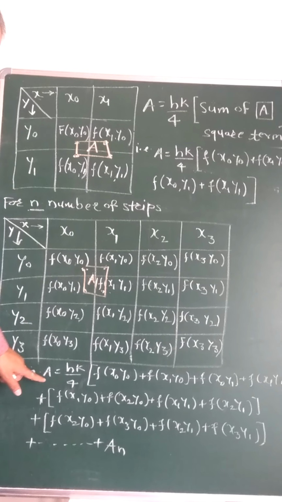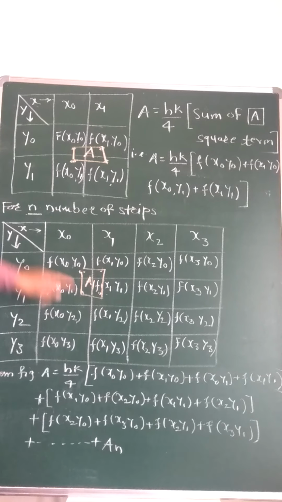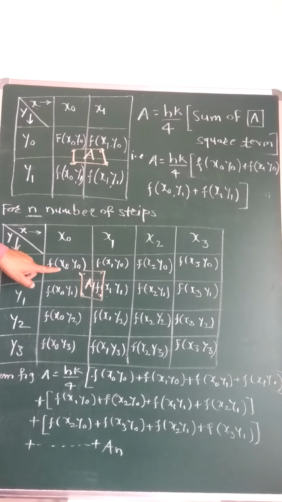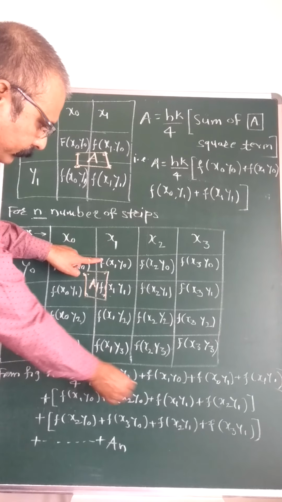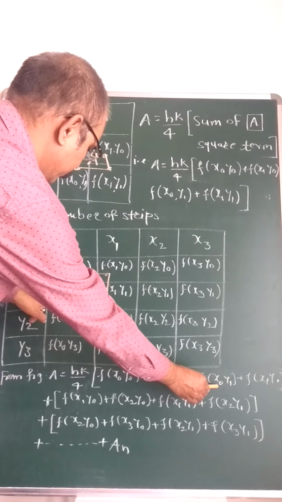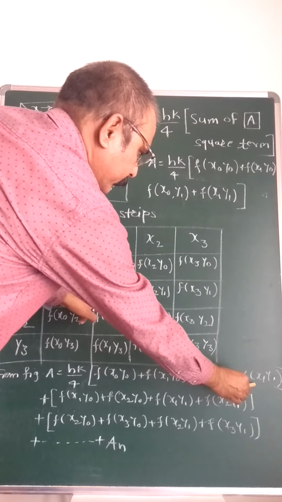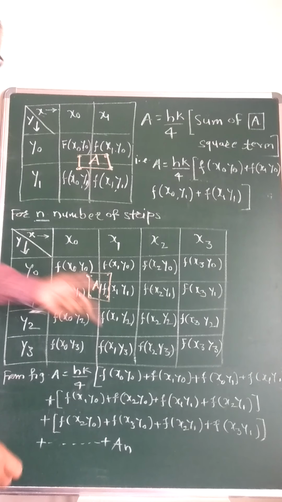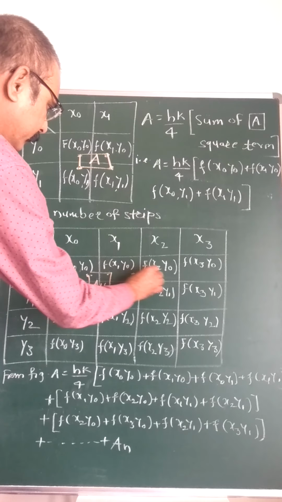Therefore, from the figure, A is equal to hk by 4 times the sum of a1 square terms, that is f of x0, y0 plus f of x1, y0 plus f of x0, y1 plus f of x1, y1, plus the sum of